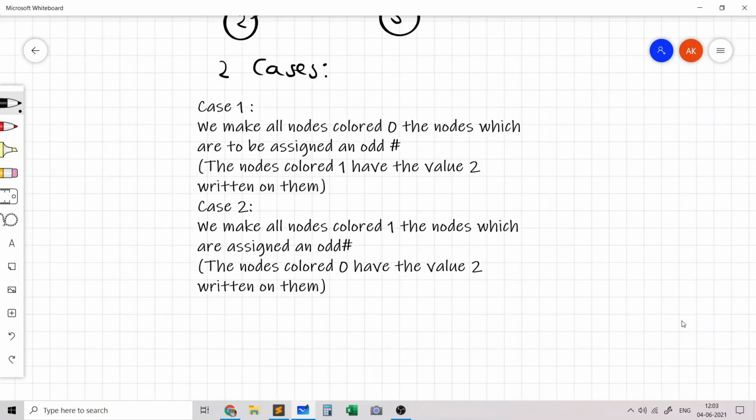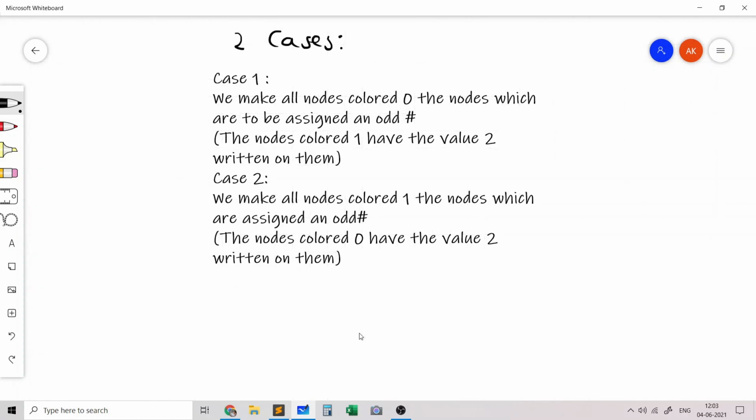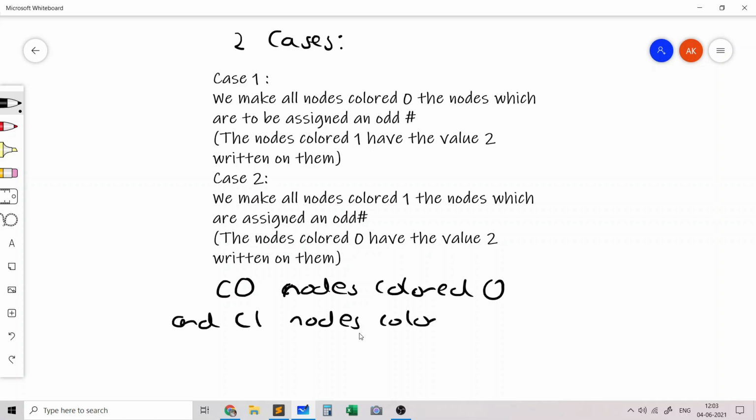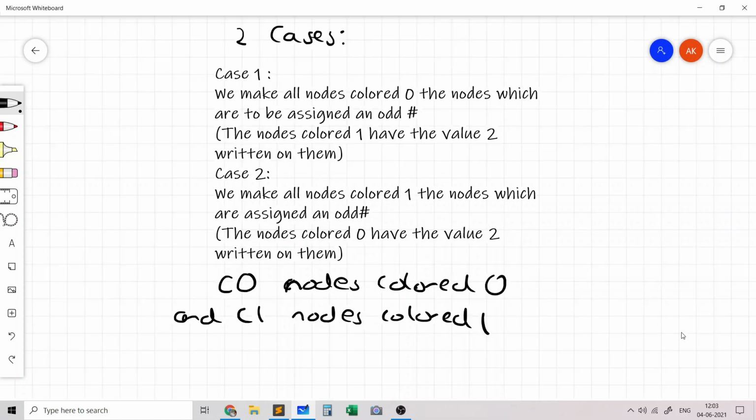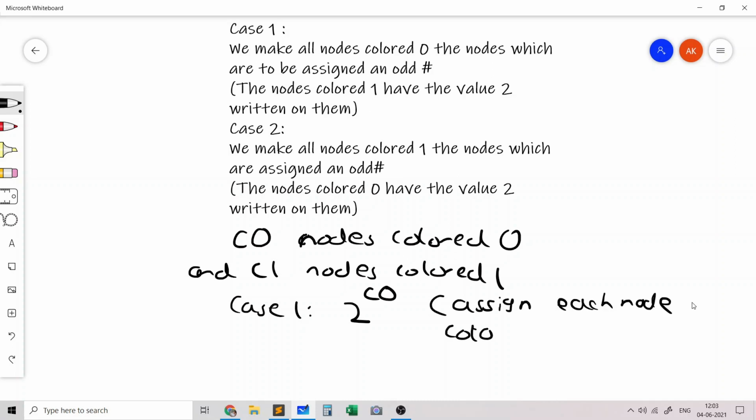So let's analyze these two cases separately. So let's say that there are C0 nodes colored 0 and C1 nodes colored 1. So in the first case, we are assigning color 0 to the odd nodes, and hence in case 1, the number of ways would actually be 2 to the C0. And this is because we assign each node colored 0 a number which is either 1 or 3, basically an odd number.